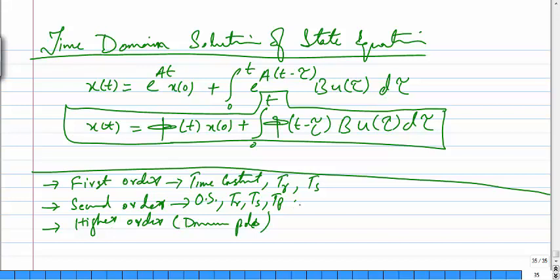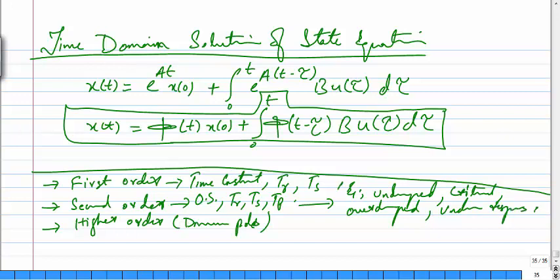Then we further divide it based on the zeta values. So that can be undamped, critically damped, overdamped, and underdamped responses of the system. So this is what we look at,